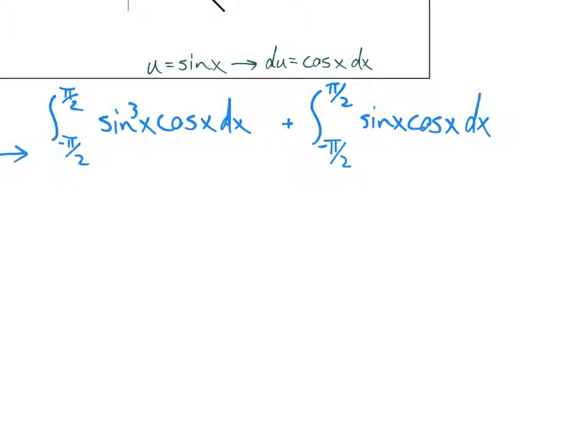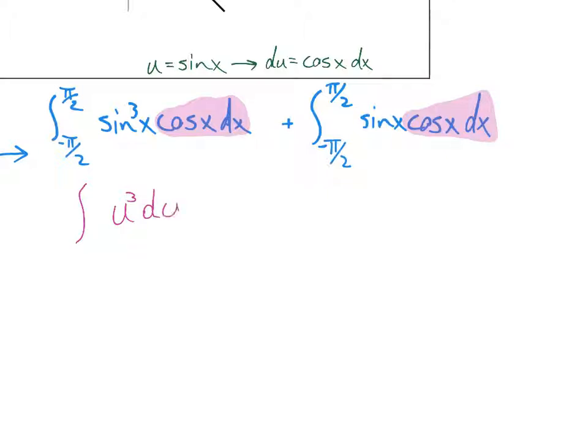Now, the cool thing is that I already have a cosine of x dx right here, and in the second one, I also have a cosine of x dx. So guess what? I'm going to rewrite both of these functions as the integral, and notice u was the sine, so this was going to be u cubed